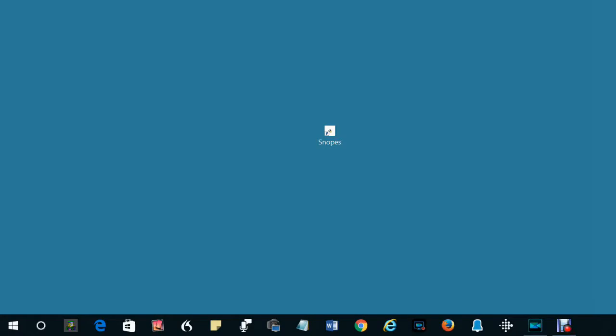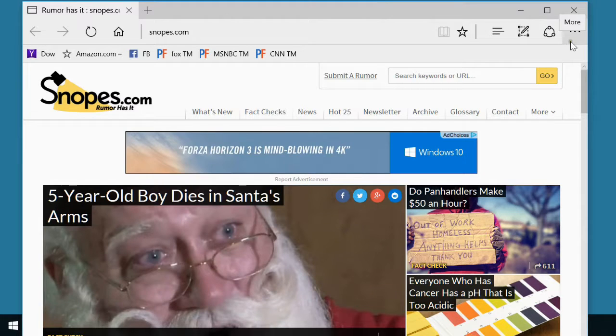Here's how to change the default browser which Windows 10 has set to the Edge browser. The default browser is the browser that opens a web page when you open a web page shortcut that does not contain the address of a browser. To demonstrate, I've created a shortcut to the Snopes fact-checking website that does not contain a browser address. I'll open it. It has opened in the Edge browser, which you can tell by recognizing these symbols in the